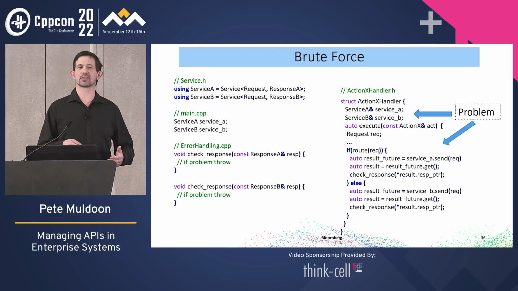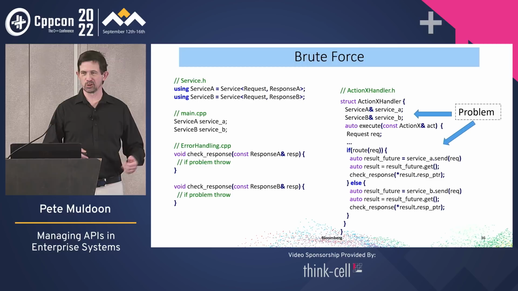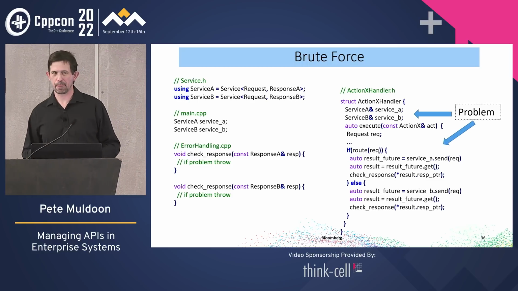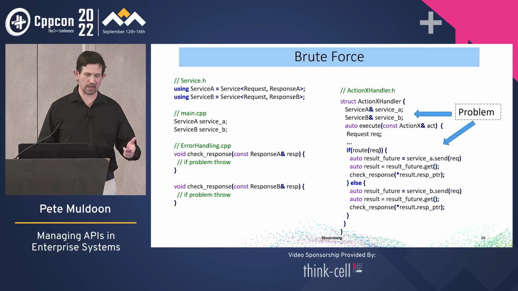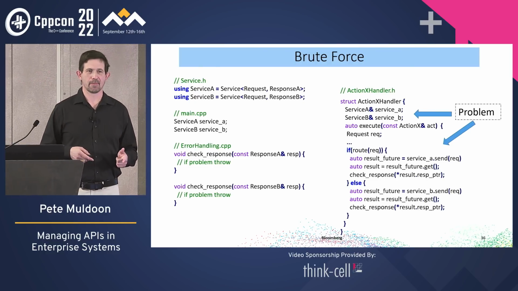But think of it this way, what do I have to do when I decommission this? I've got to remove service B. I've got to go in and remove all the branching that's in here. And if I have branches like this in hundreds of files,